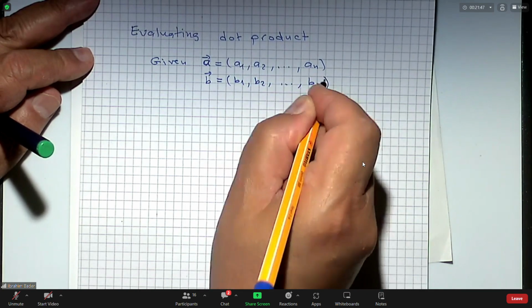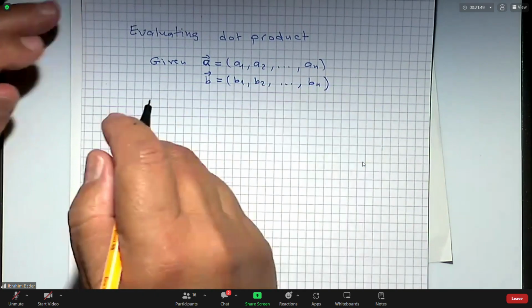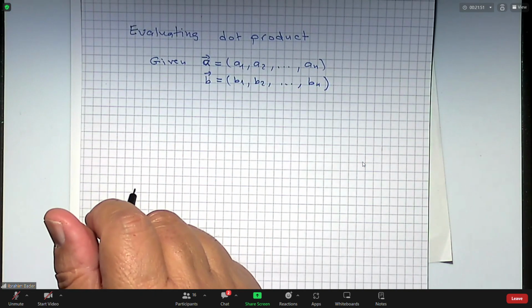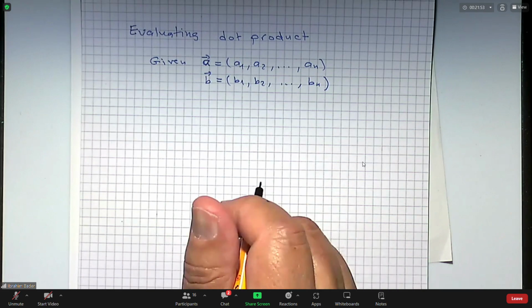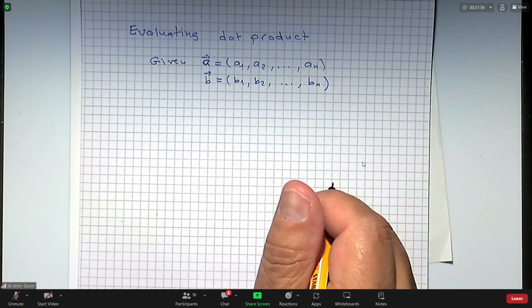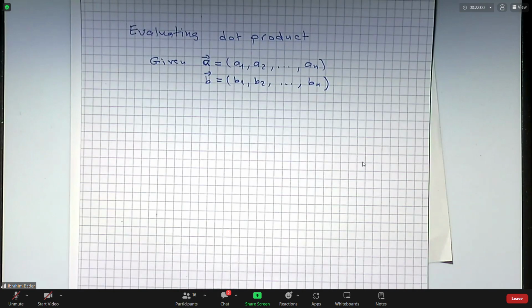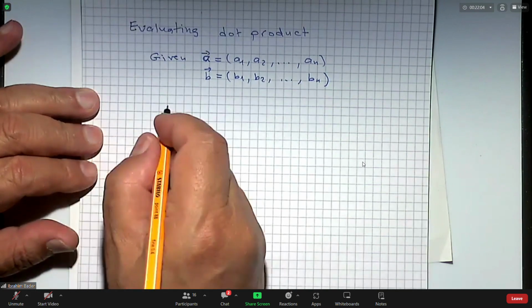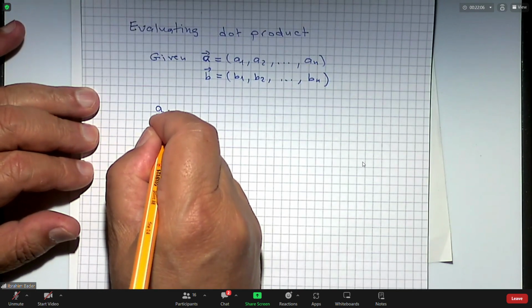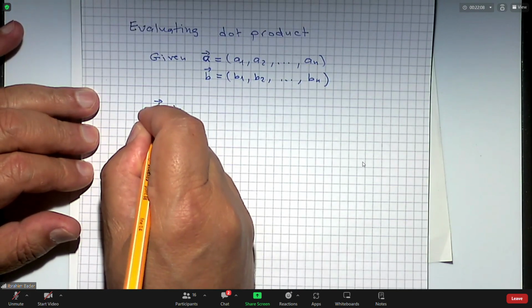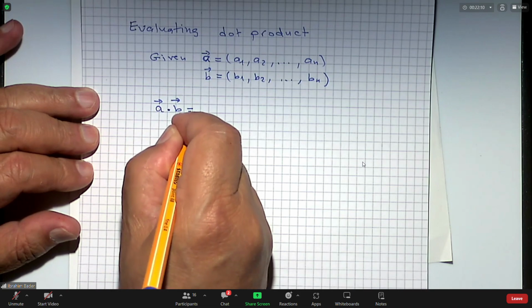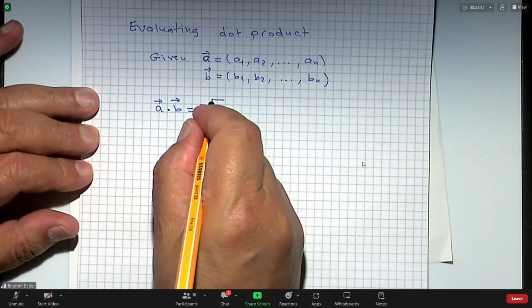Again, I just remind you that this is only possible if they have the same dimension. It doesn't make any sense, actually not only for this product, any operation on vectors from different dimensions. Now here the rule is that A dot B, the dot product, is the sum of